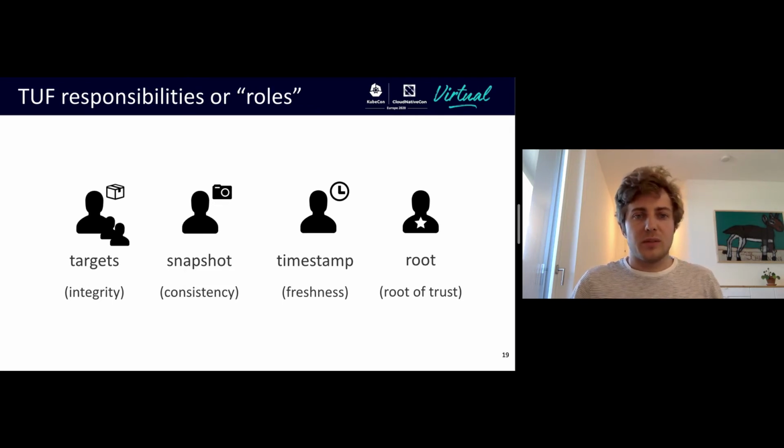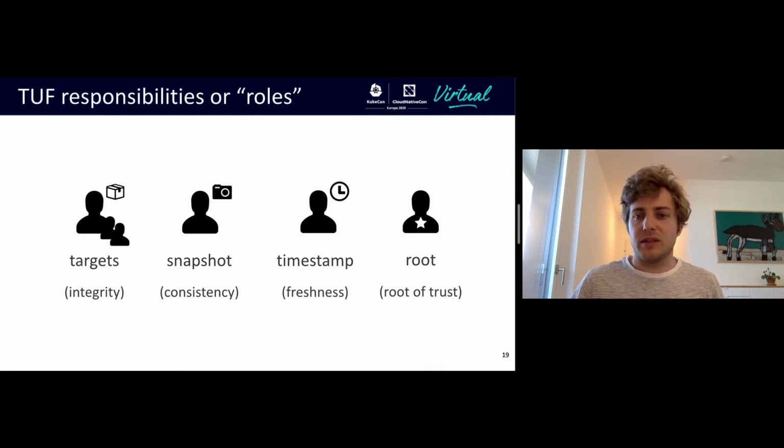So TUF responsibilities, or roles as we call them, there are 4 of them. There is the targets role, which takes care of the integrity of target files. In TUF jargon, we call target files the application binaries or container images or any file really that we are interested in, that we want to update.